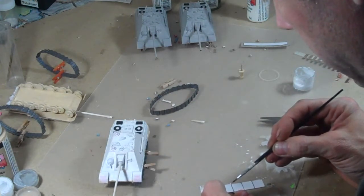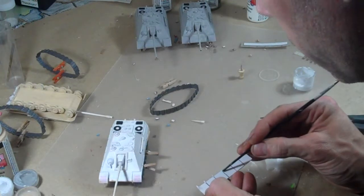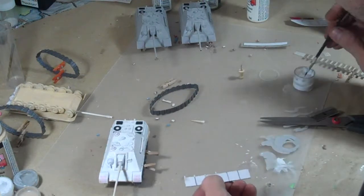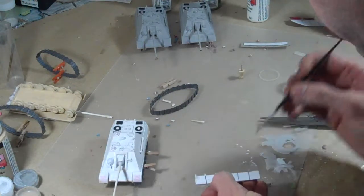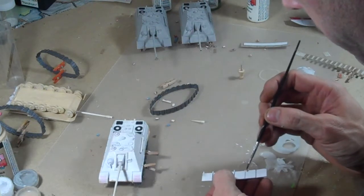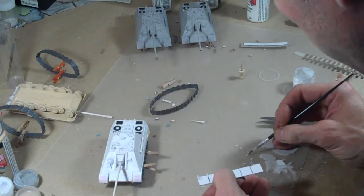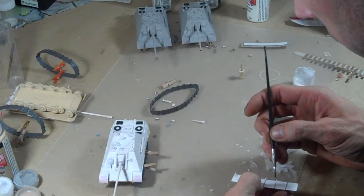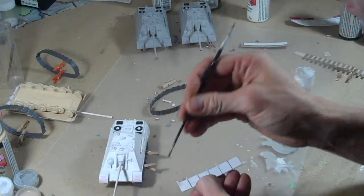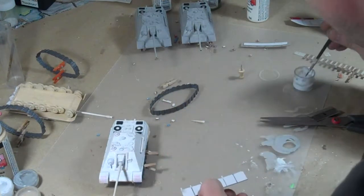Once you have all these pieces and your suspension or your track is dry and set in place and everything's weathered to your satisfaction, what you want to do is bend these over before actually trying to install the side skirt, and then put some glue on each of them, set it in place, and you should be able to